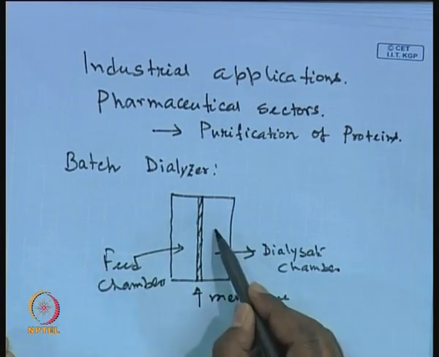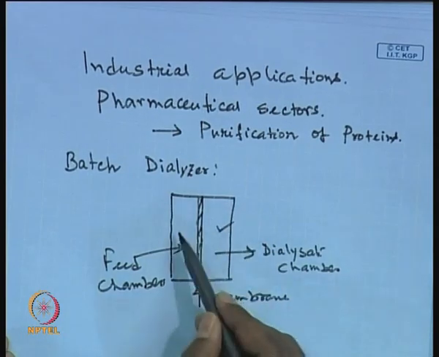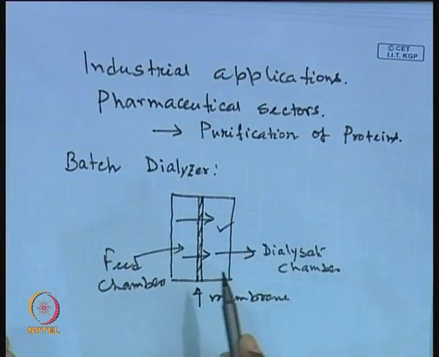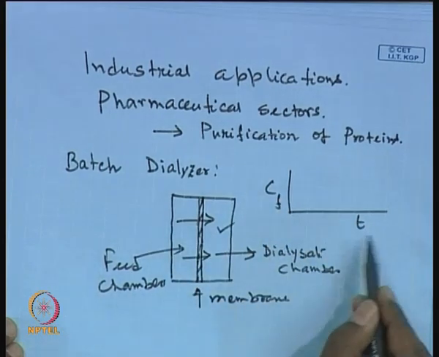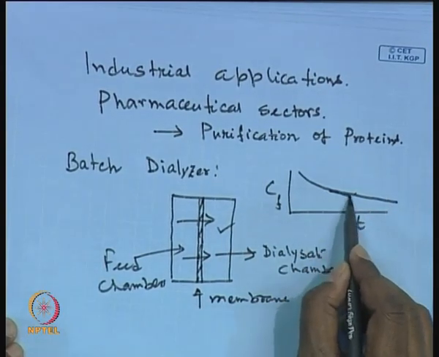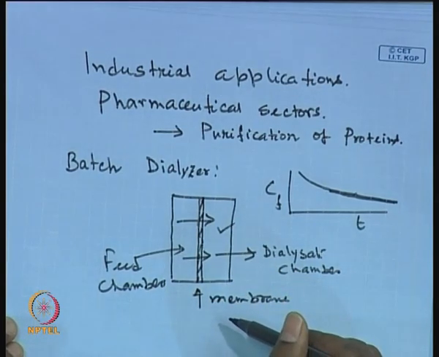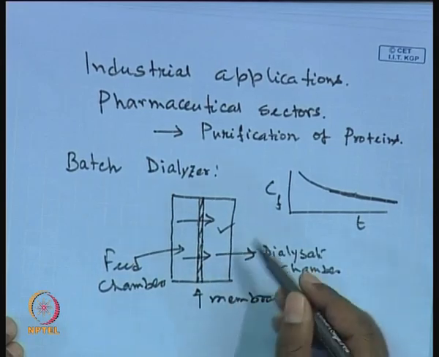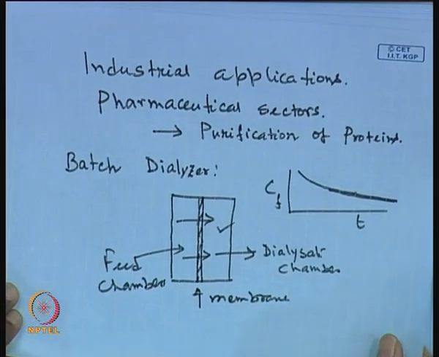Initially in the dialysate chamber the solute concentration was equal to 0, and the solute concentration is maximum in the feed. So, solute gets transported across the membrane to the dialysate side, and the concentration gradient gradually decreases. If you look at the concentration of solute versus time on the feed side, it will go on decreasing asymptotically, because you are not maintaining the maximum concentration gradient; you are not doing any recirculation or recycling of the dialysate. On the other hand, in case of a continuous system,